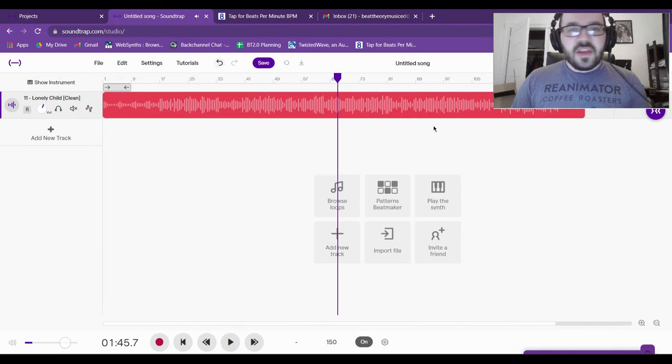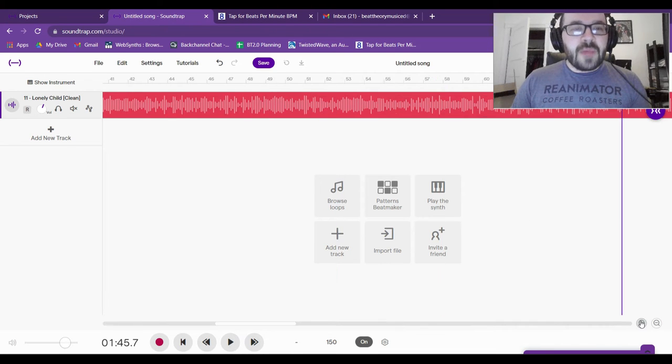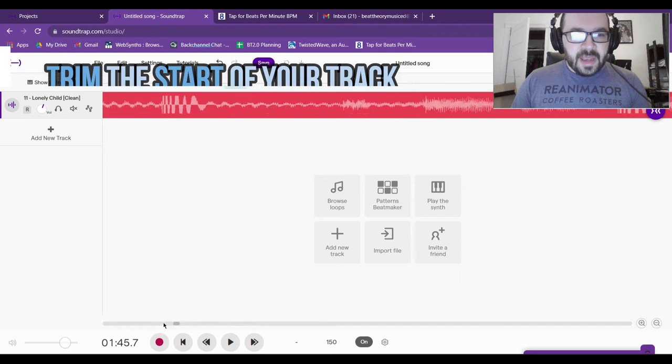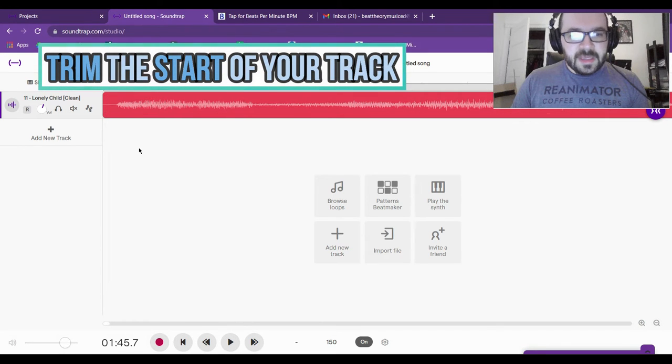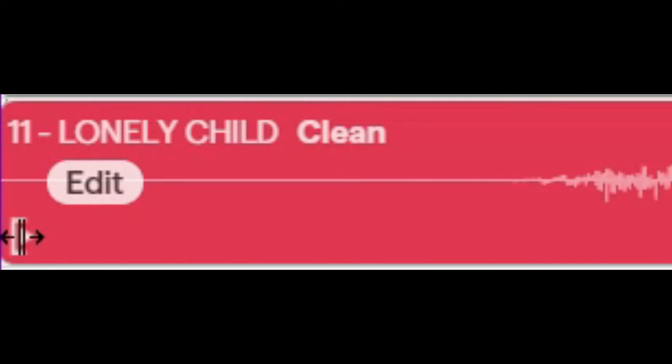Yeah, so even moving ahead to a middle part of the song, it's still lining up. One thing you might need to do to get a little bit more accurate is to check the very beginning. So you can actually see in this sound wave here, there's just a little bit of silence. And sometimes the metronome sounds just maybe a little bit off. So what I'm going to do is set the grid size to automatic, so I can go as small as I need to here. I'm going to click the beginning of this and line it up so it starts right exactly when the sound